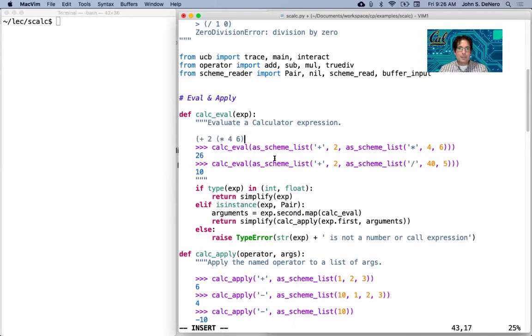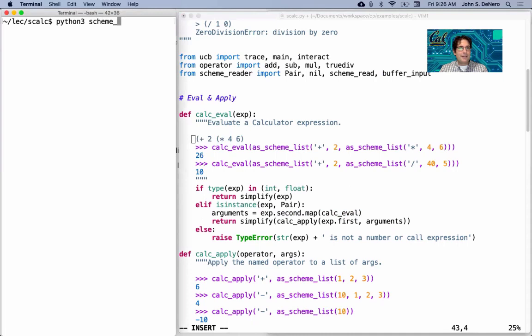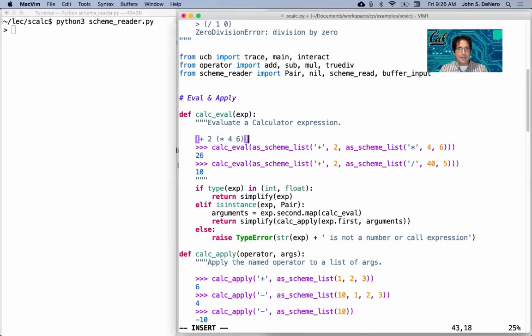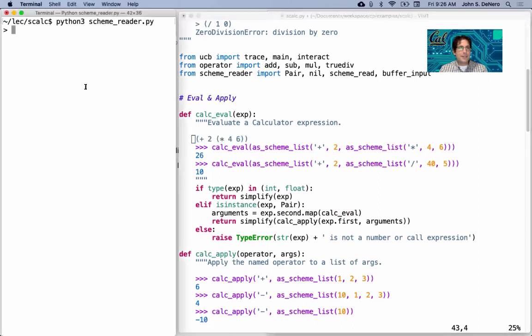This thing, if we put it into... You dropped that paren, John. Reader, oh my goodness. If we put this into the reader, we can see what it looks like from Python's